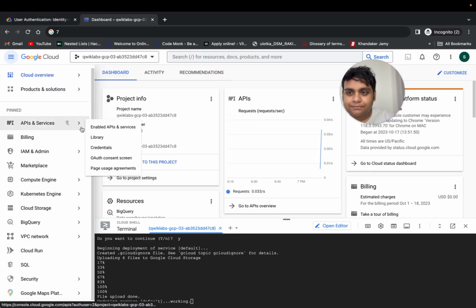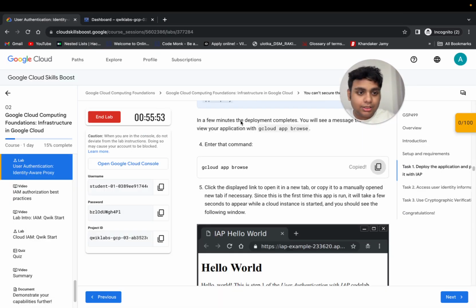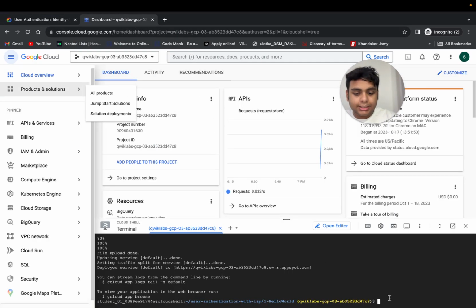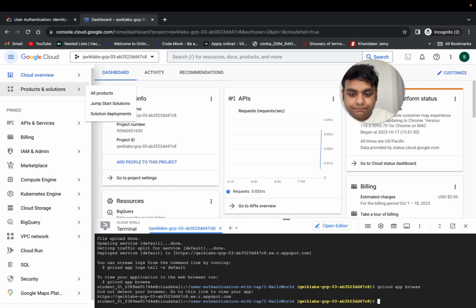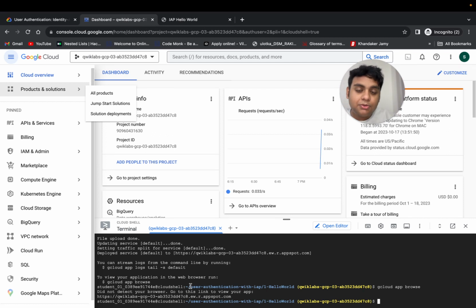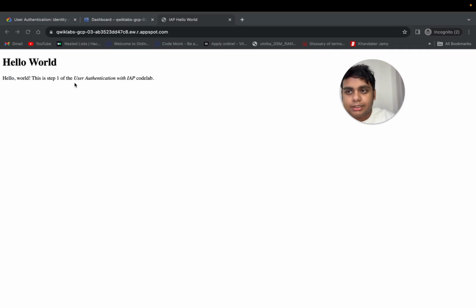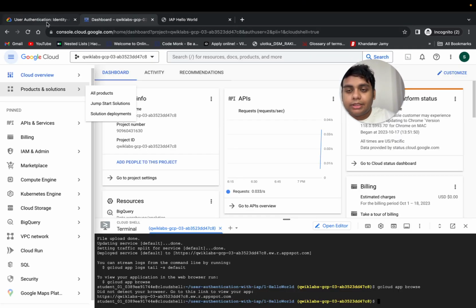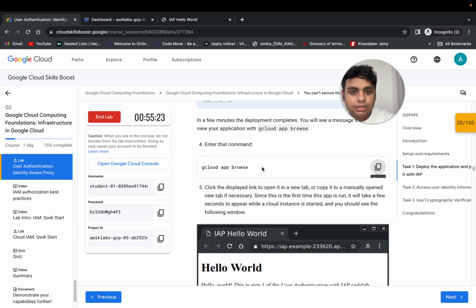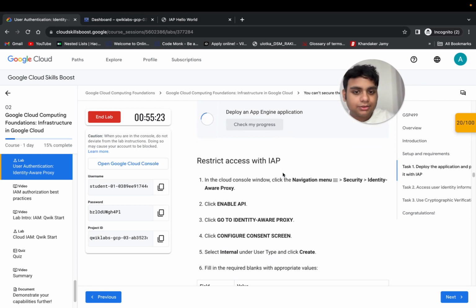Okay, alright, so it did run for me. Now I'll come back. I had already copied this, but I'll copy it again and then I'll paste it. Okay, now it says did not detect browser, but it's totally fine. If it says that, just click this link and you should be here, right? Okay, now we'll come back to this and just check my progress and it should say alright,